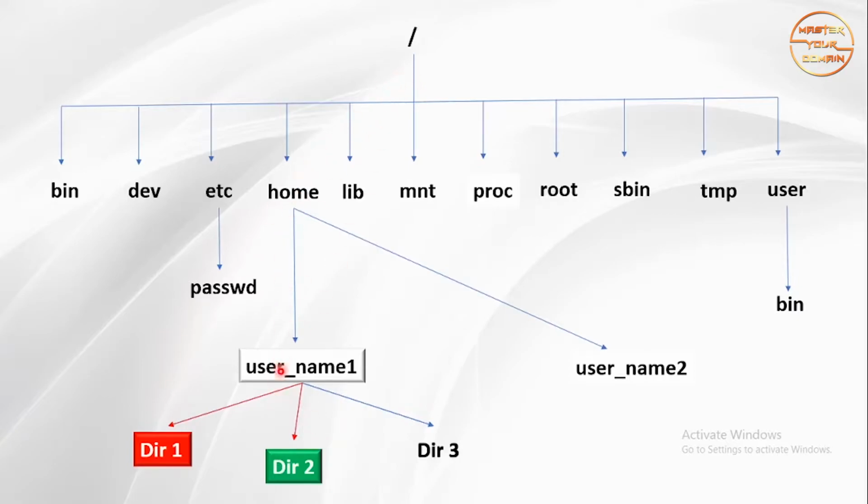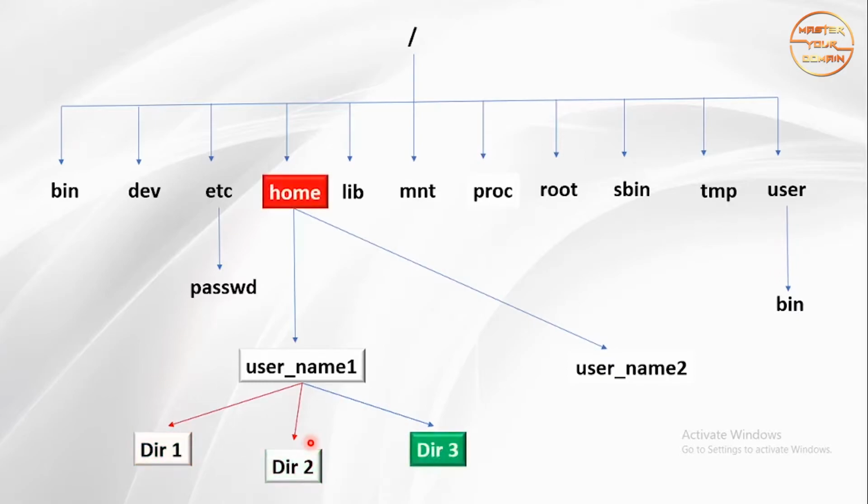So this is the absolute path. You can give the absolute path irrespective of where you are currently. But if you are in dir1 and you want to go to dir2, you can mention the relative path, which is just dir2 in this case. Let's take another example. Suppose you are in the home directory and you want to go to dir3. Again the command is cd and you can mention two paths, either the relative path or the absolute path. The absolute path is very easy: first the root, then home, then a /, then username1, then again a /, then dir3.